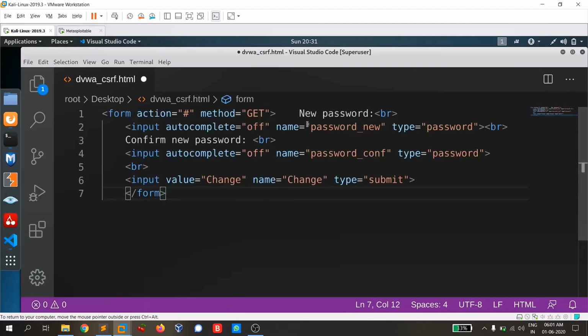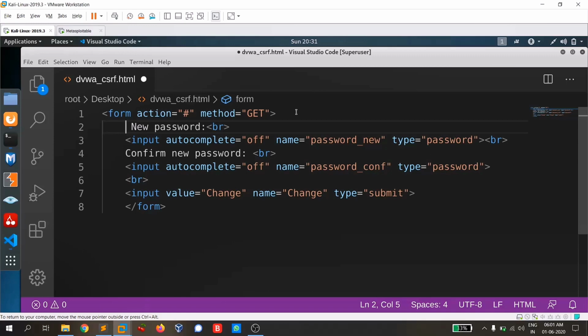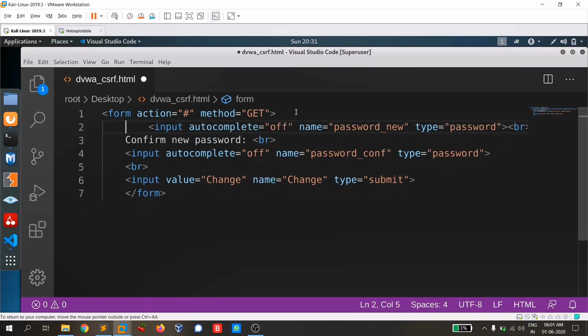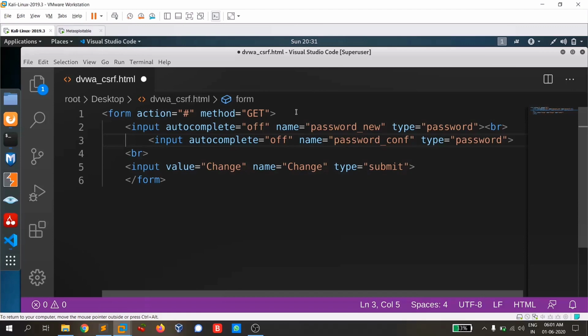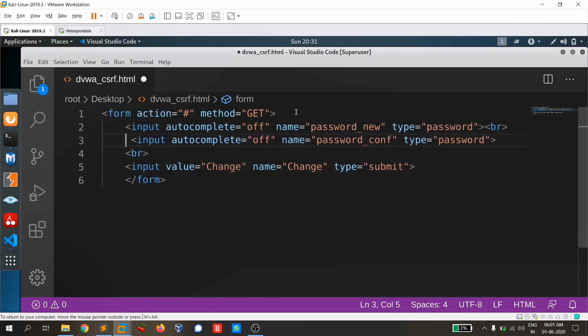So this is the form tag that I got, and to make this less suspicious, I'm going to remove this new password label, etc., since we are going to send this file to the target. I'm going to remove this confirm password also, and I'm going to change the type from password to hidden so that it looks less suspicious.